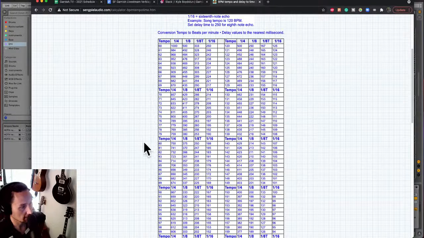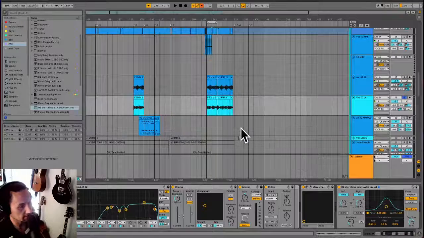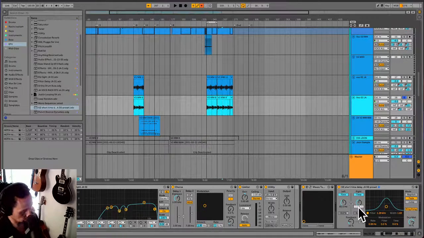Right? So half of 75 is 37.5? Okay, it only goes to 60 here. That's fine. So yeah, 111. That's actually showing that we are exactly in time. If we go to this track and put this at 111,